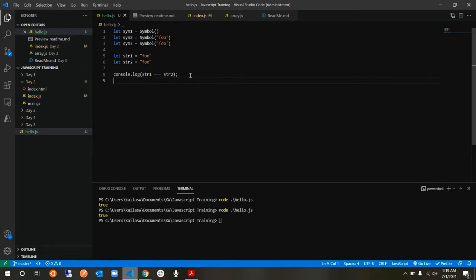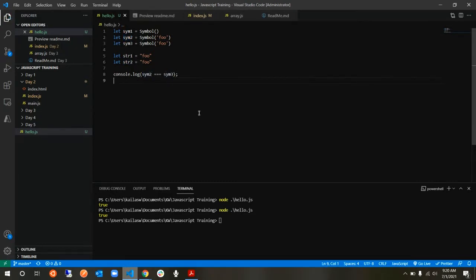Double equals generally checks the value, whether values are matching or not, while triple equals also matches the type and memory location. But now you might think that string1 and string2 are both declared separately, so both should be pointing to different memory locations, right? Go ahead and read why it is still giving you true even with triple equals. I'll write down the questions that I generally give you, so that I hear back the feedback also.